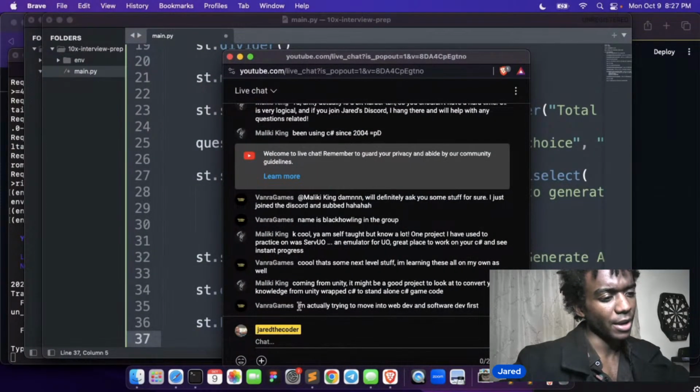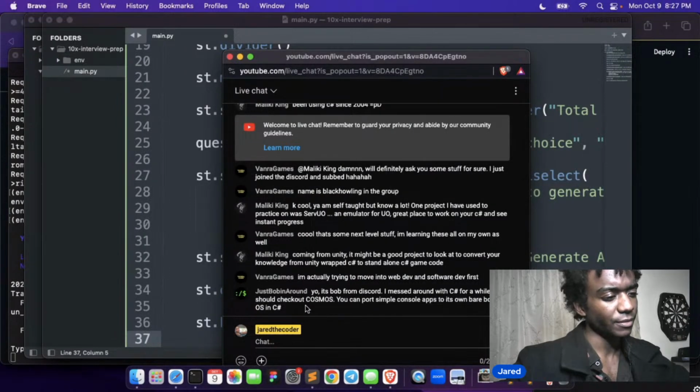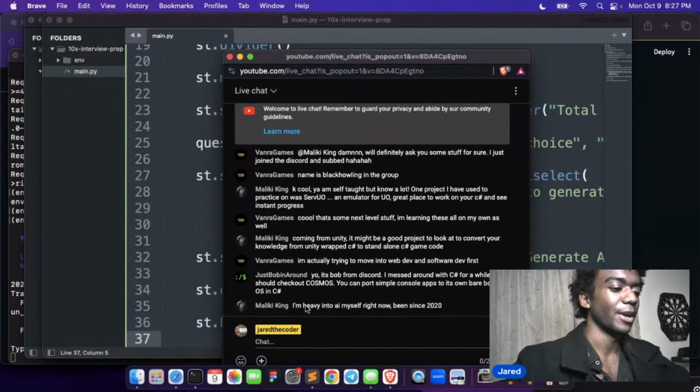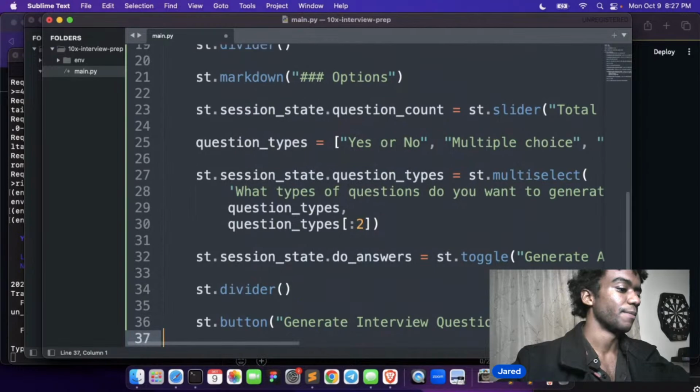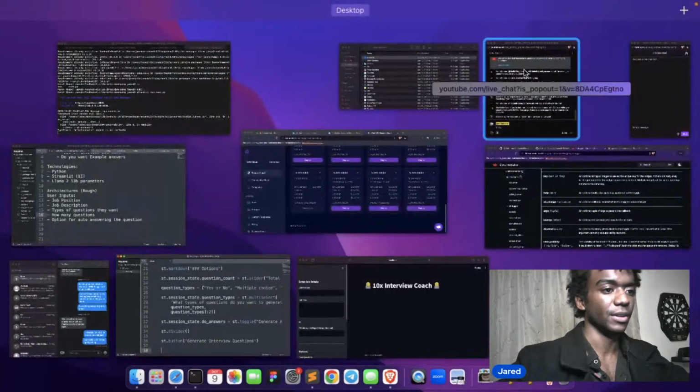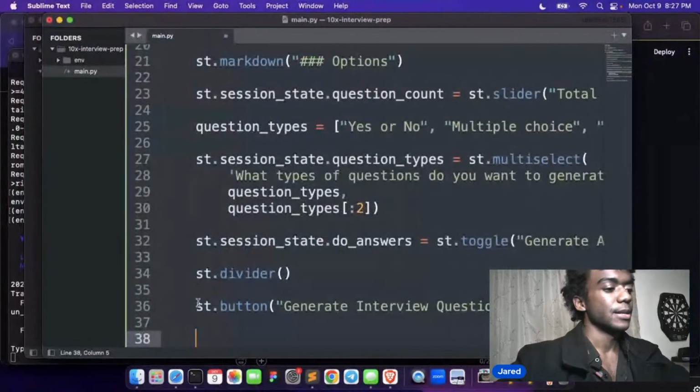You're trying to move into web dev and software dev first? Nice. Hey Bob, what's up? Bob, we were talking last night. Cosmos? Oh, really? A bare bones OS? You can port simple console apps to a bare bones OS in C sharp. Wow. Does that use Unity? How does that even work? Okay, cool. I'm assuming it just ports it. Okay, so